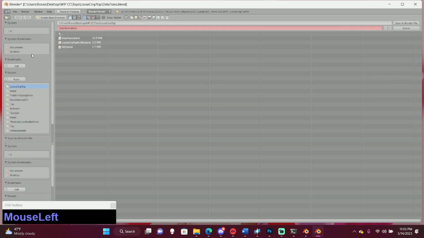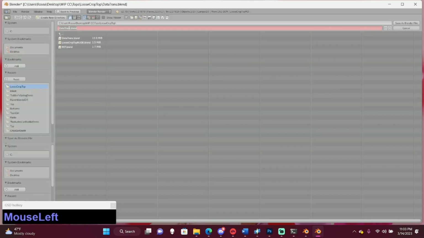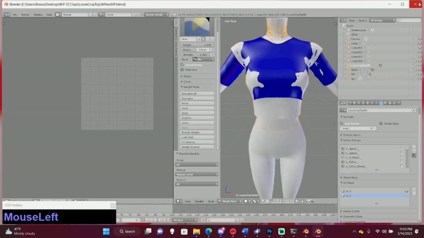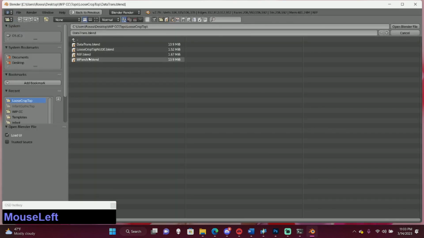Then we're going to save this as weight paint and vertex paint. Then we're going to close out and go back into 2.79 where we're going to open that file.